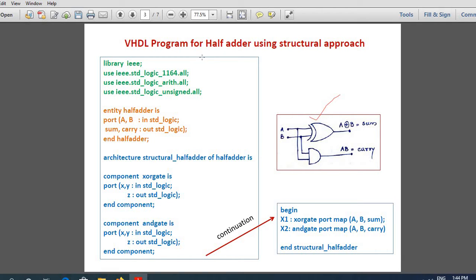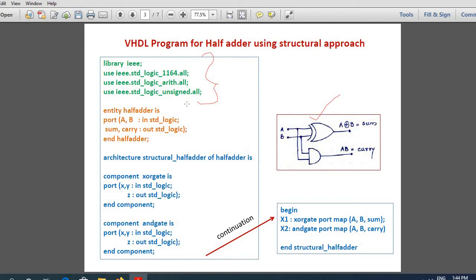So here you have done the library declaration. I have written two additional packages as well, other than std_logic_1164, there are arith and unsigned. These are different packages that belong to the library IEEE.